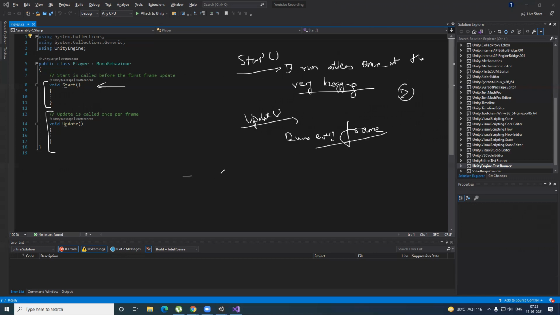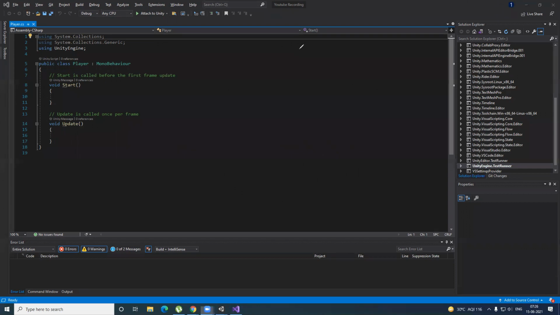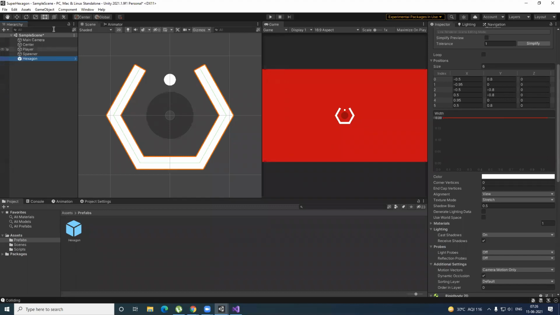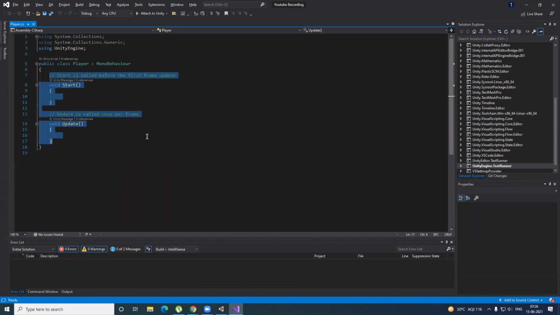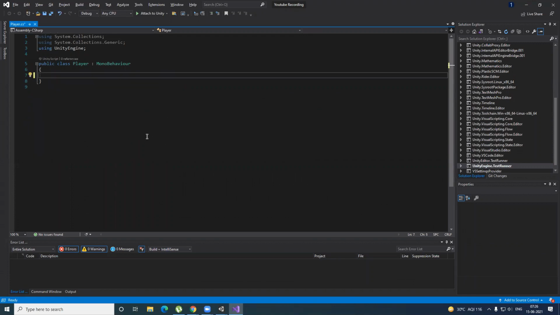Let's suppose I currently have 60 FPS. Okay, most of the PCs are on 60 FPS. So the update function will run 60 times. Okay, let's suppose some of you have higher FPS, let's suppose 120 FPS. So the update function will run 120 times. Okay, so there are ways to make up for the difference in the number of times the function runs. But yeah, those are to be talked about in further detail. Yeah, so this is what the basics is. Let's move forward. So, okay, let's delete all the stuff because we're going to write the code from scratch.